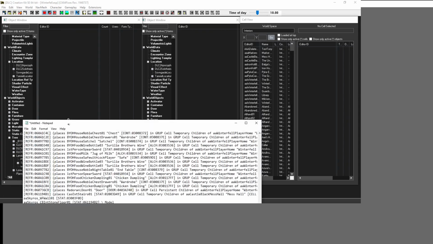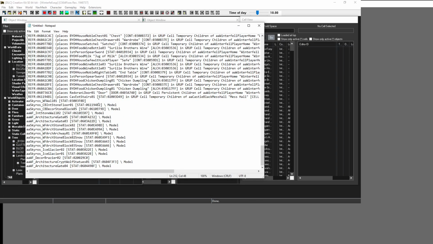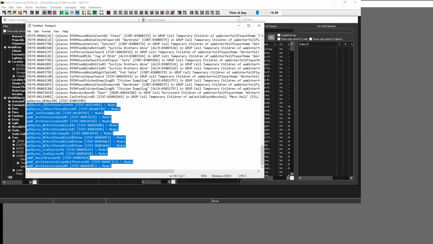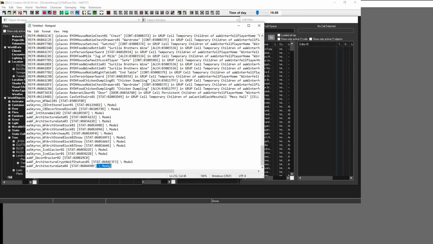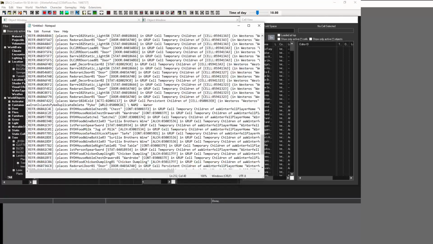We now refer back to our list here, and let's just take this, for example. Okay, so actually, let's ignore these. This just says it's a reference to a model. And the reason that's there is because that model is contained within the BSA file for the DLC. So if you just extract that to your data folder, it won't do that. Okay, so